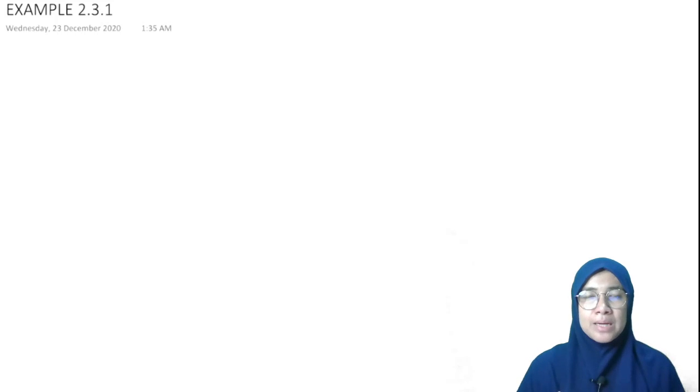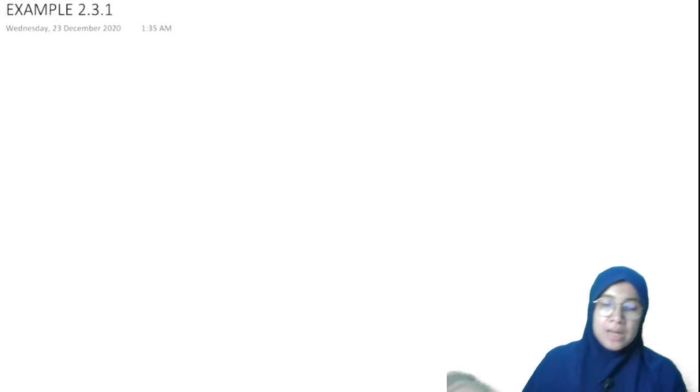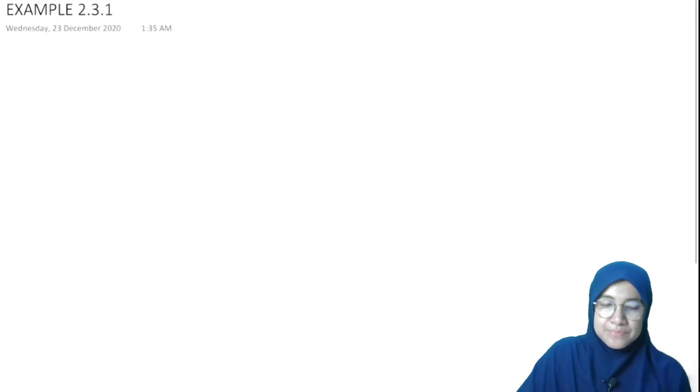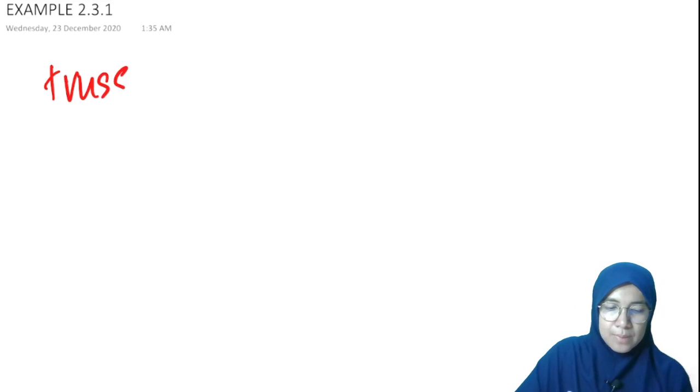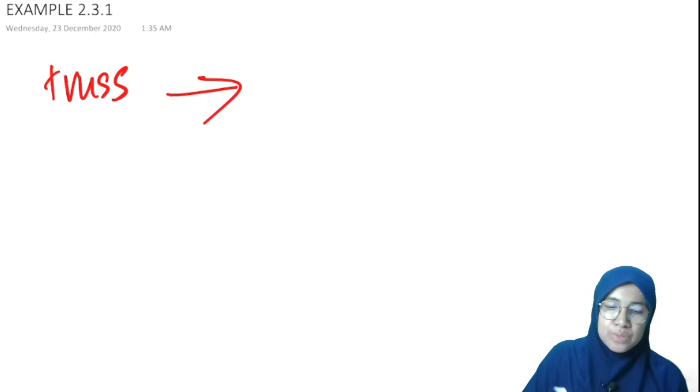I want to continue analysis of indeterminate structures. This time is frame analysis. We are going to analyze frame using stiffness method. Previously we have discussed truss analysis, so we revise a little bit. In truss analysis, what we need to do to analyze